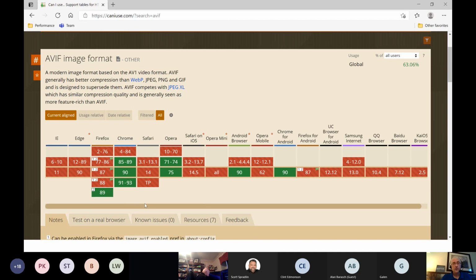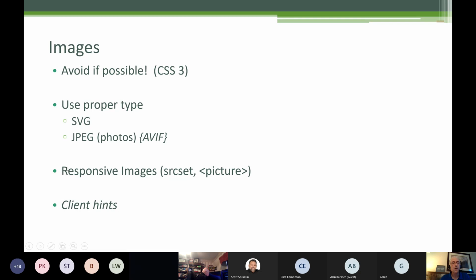So if I were to do this, I have a lot of mobile customers. It wouldn't work on Safari. So I would have to do some sort of polyfill to make that work. So I'm still today doing JPEGs. And I'll show you why you want to do it for photos. So if I were to give you a quick example,